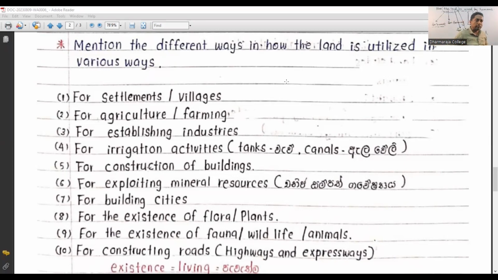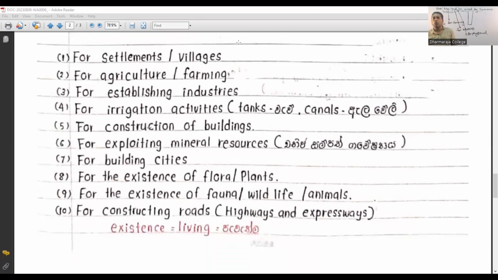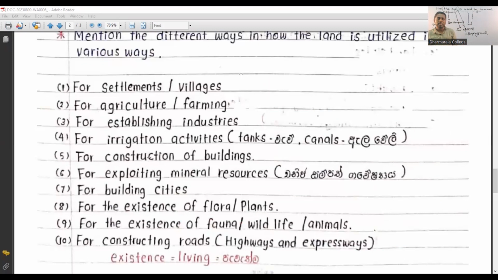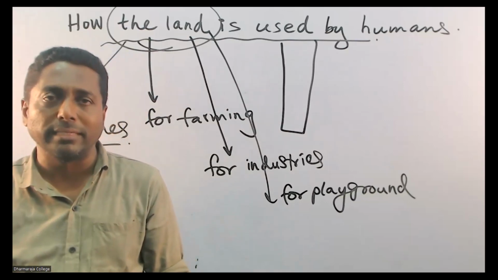And next, to construct highways and expressways. So I gave you a list of uses of the land, the different ways in how the land is utilized by humans. Now we are going to talk about so many things about this. This is very important. So I was talking about them with you. Now I am going to start the next part of the lesson. My dear children, after that, I am going to discuss with you how we should